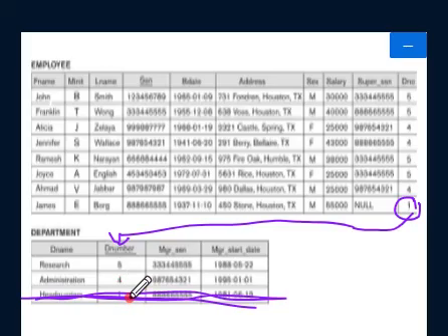So what happens when I delete this? This will be an invalid tuple. Yes or no? Because this employee is in department number 1, which does not exist at all, so it will become an invalid state.